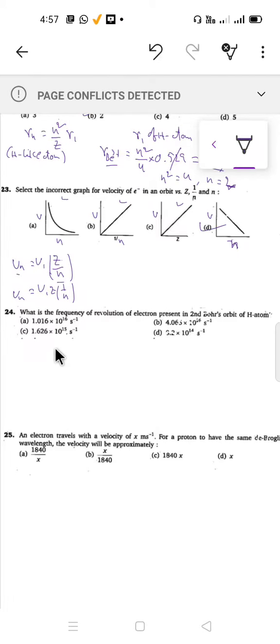Okay, for this, the frequency of revolution is equal to the velocity in the second orbit